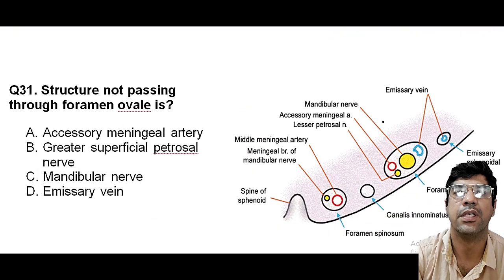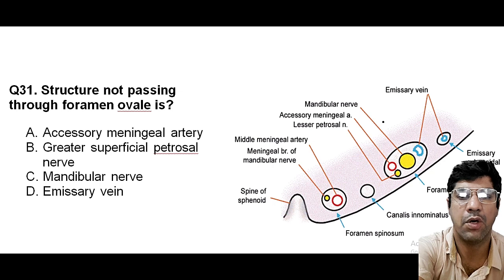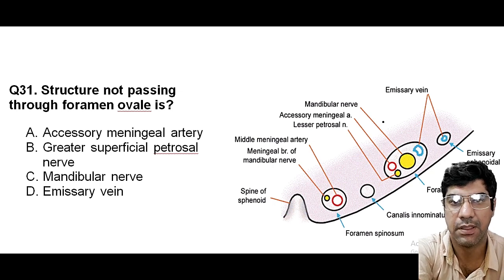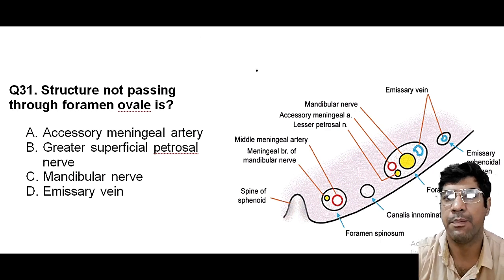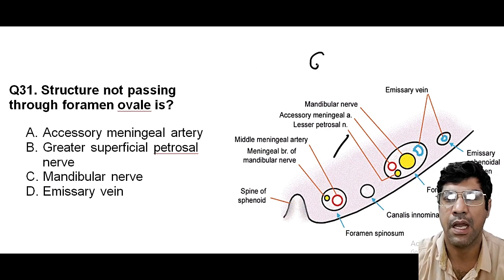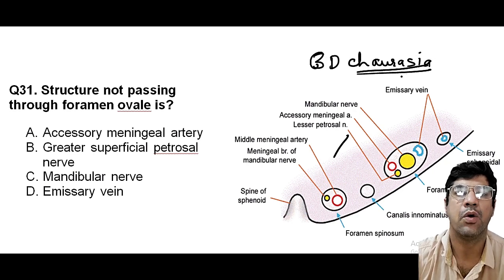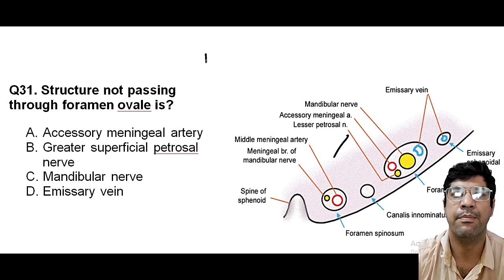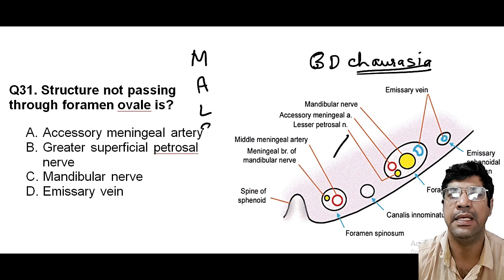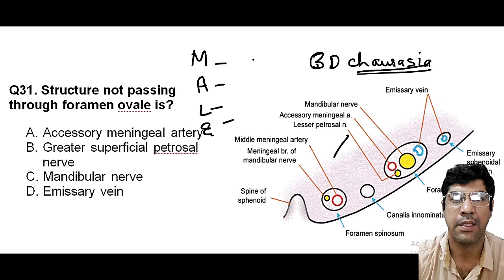Moving to the next question, structures that are not passing through foramen ovale. This question is from your Gray's and from your BD Chaurasia. Remember the mnemonic MALE. The structures passing are the mandibular nerve,